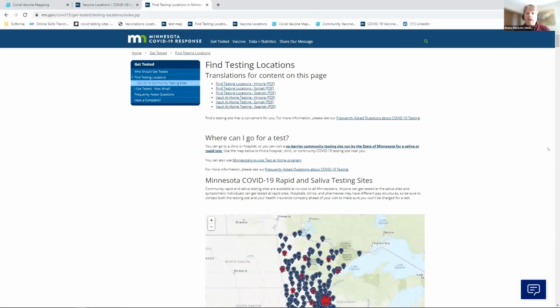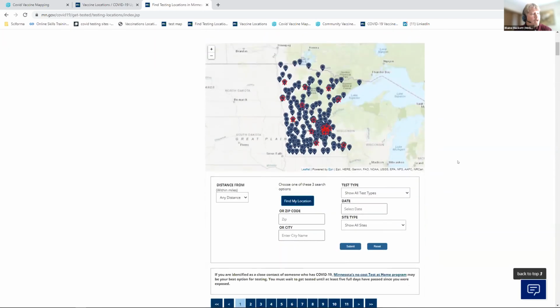So you can see here the testing website, and the interesting thing about it is that it had to be very accessible for folks who use keyboards, and so early on we had thought about really making this more of a map-centric type of application, but after we really looked into it, we stayed with the current format that it was before, and so that you could see very easily that you could go to the filters, and then